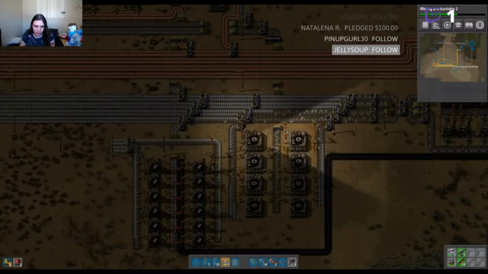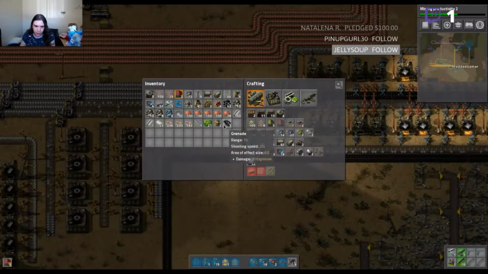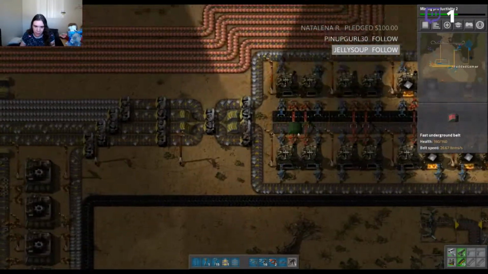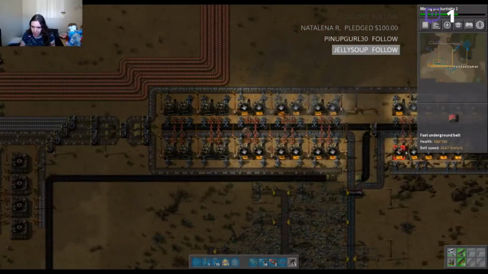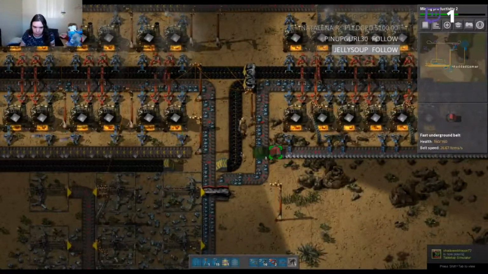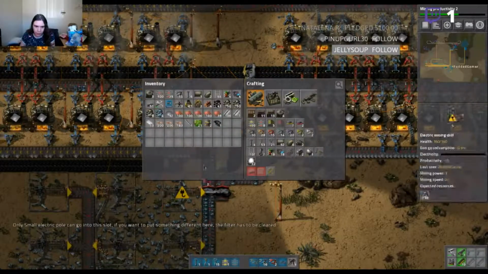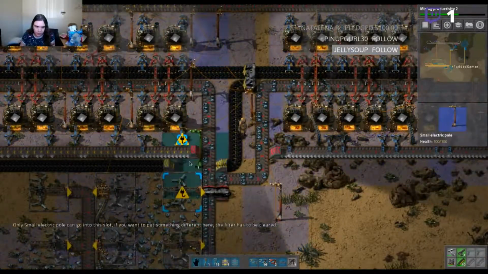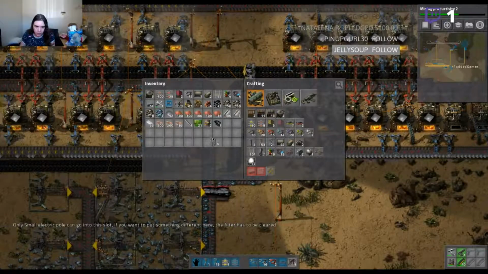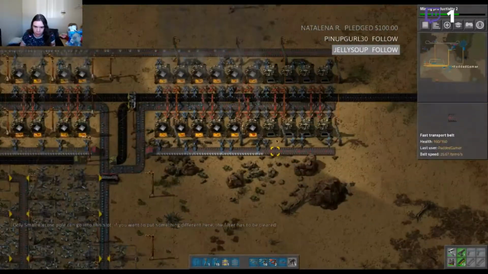There we go. Alright. Now that I have that going, what I do need to get is some of these going. Yep, and that's gonna have to go away for right now. Ah, crap. There we go. Alright. That should allow us...